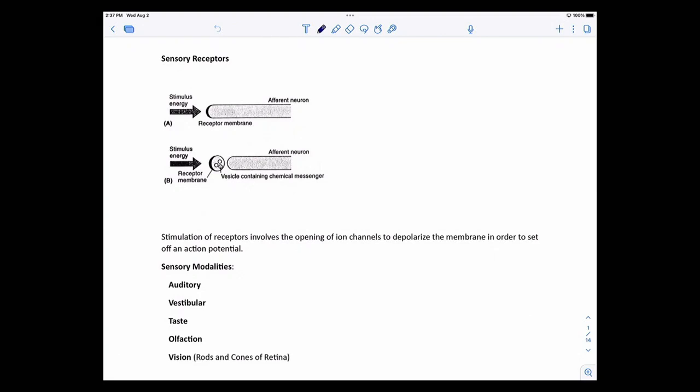For this next series of lectures on sensory function of the nervous system, I'm going to start off making some broad, generalized, categorical statements about how things work, and then I'm going to briefly mention specialized modalities such as auditory, hearing, or vestibular, or taste, or olfaction and vision. I'm not going to spend a lot of time on that because I go through a good bit more detail, particularly with vestibular, auditory, and vision in the neuroanatomy course, and I want to basically draw our attention to sensory having to do with skin and pain and touch and things like that. But I did want to start off general.